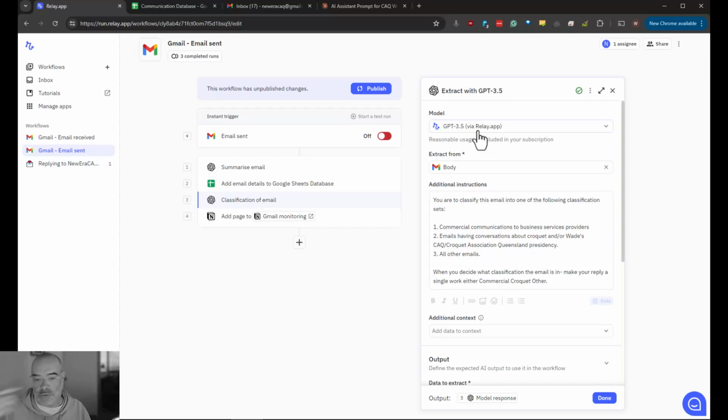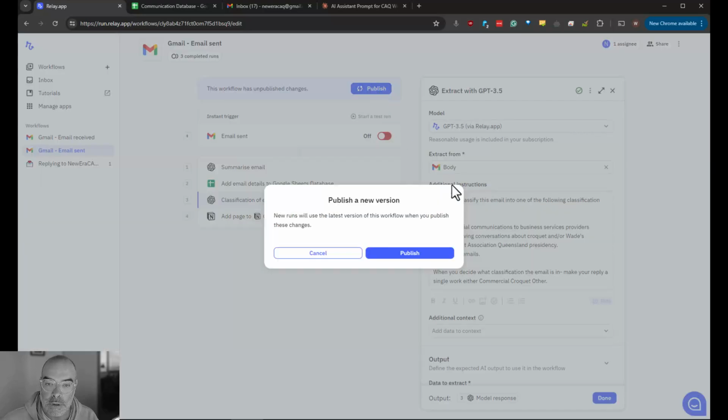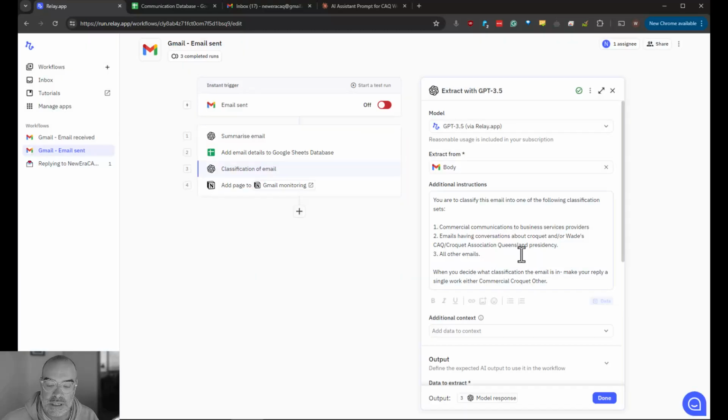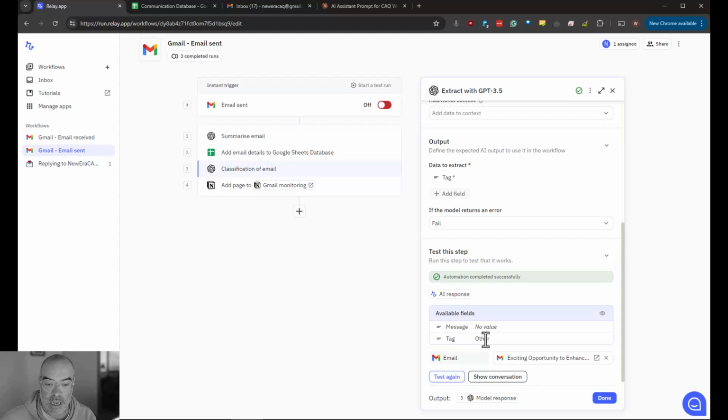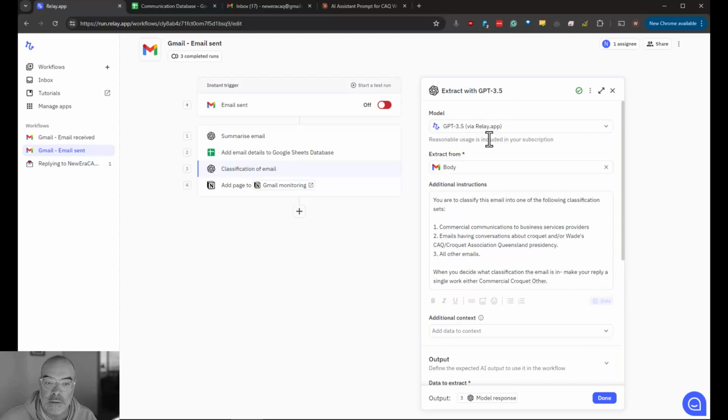So if possible, just for a categorization email, you want to do it on the cheaper model. So we'll see if that tag remains at croquet. No, see, on the simple model, it's going back to other,